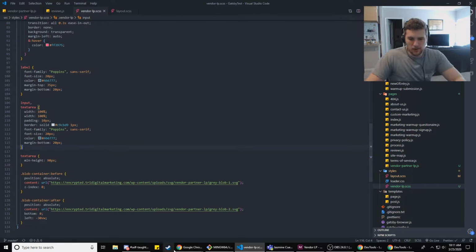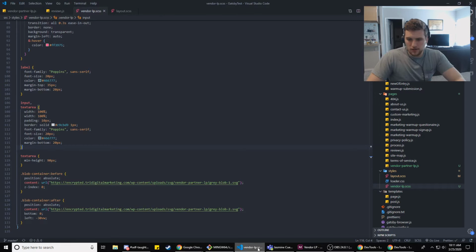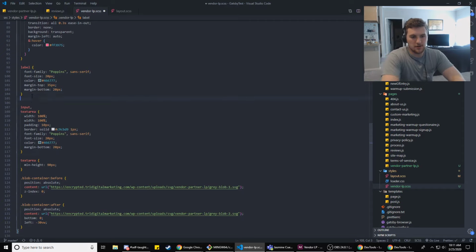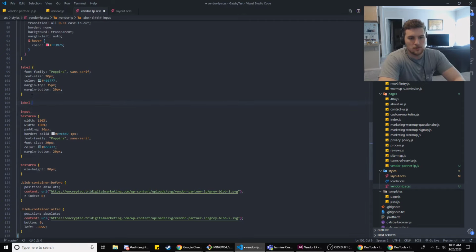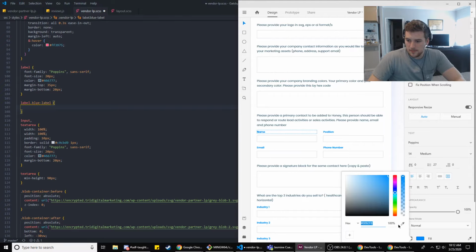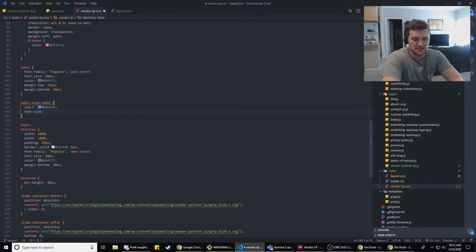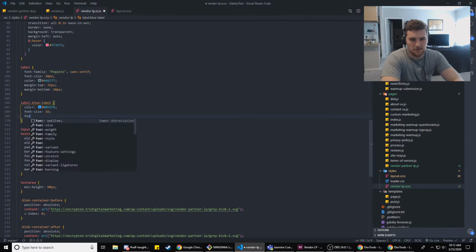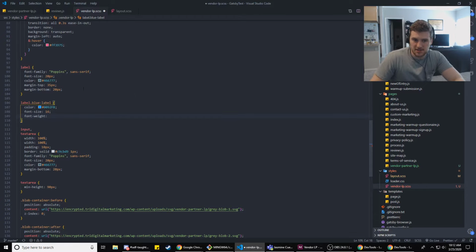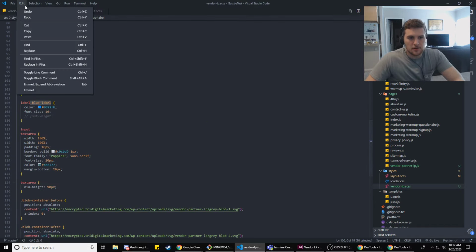All right, so we are gonna do the blue labels, right? So down here, we'll just do label, blue label, if I can spell correctly. And then we need this color right here. Font size is gonna be a little smaller, so we'll say like 16 pixels, and then font weight, we'll just leave out font weight and see how it looks right now. But we gotta stick blue label on. I don't need reviews open. Why is that open?